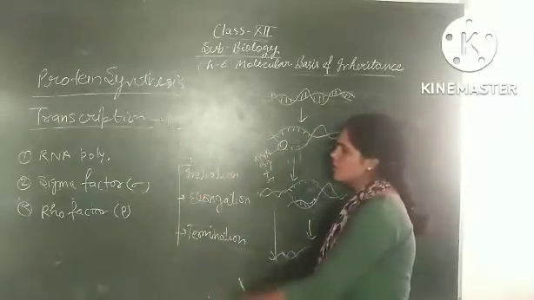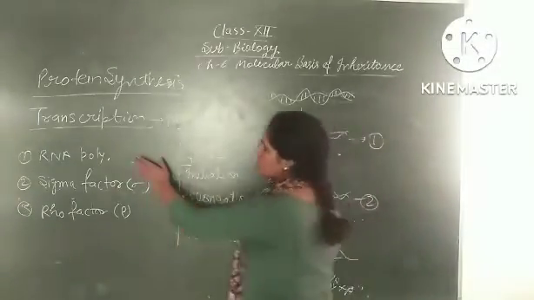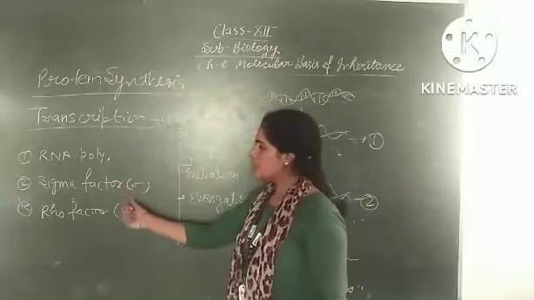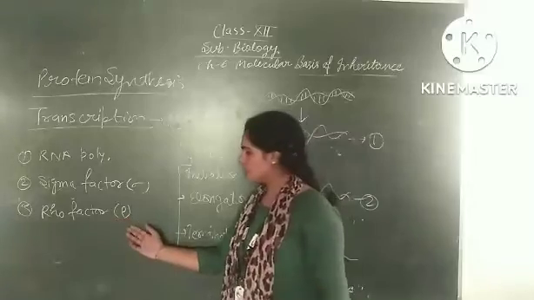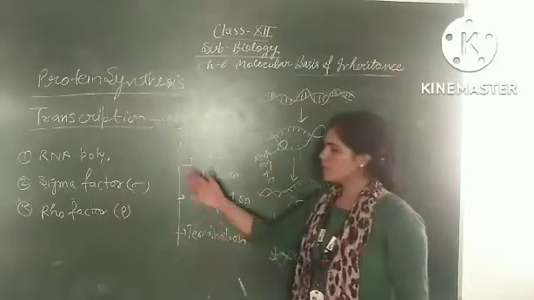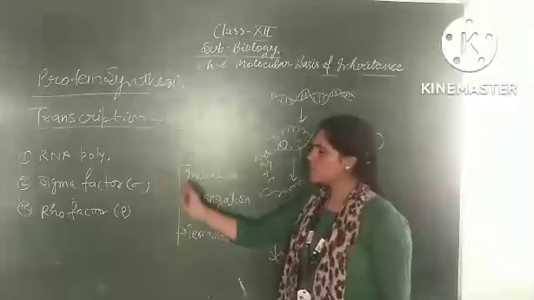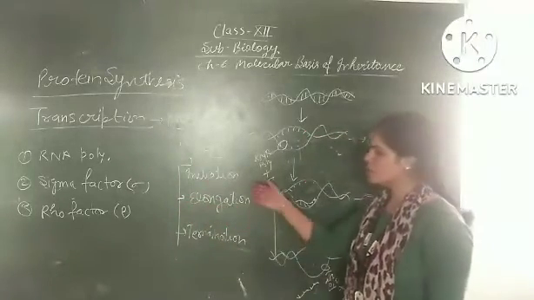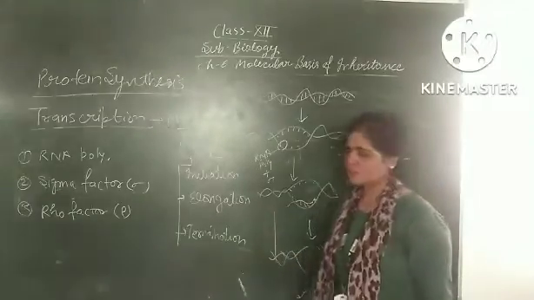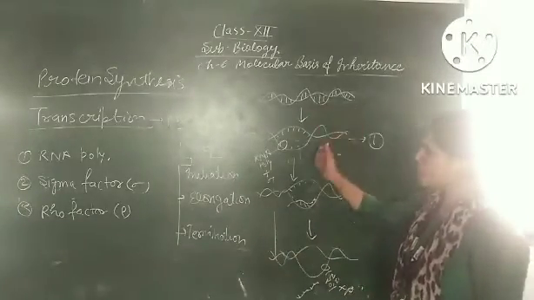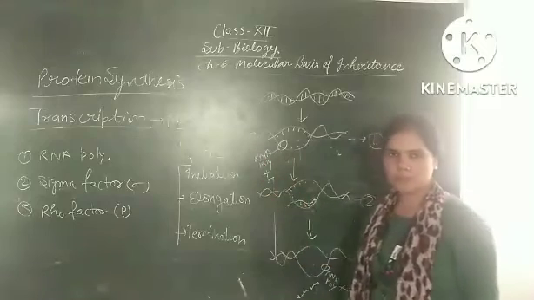For this process, we need some enzymes. First is RNA polymerase, second is a protein that is called sigma factor, and third one is another protein that is called rho factor. So with the help of these three, transcription takes three steps. First is initiation, second is elongation, and the third one is termination. So in this DNA strand, at a particular point where the transcription happens,